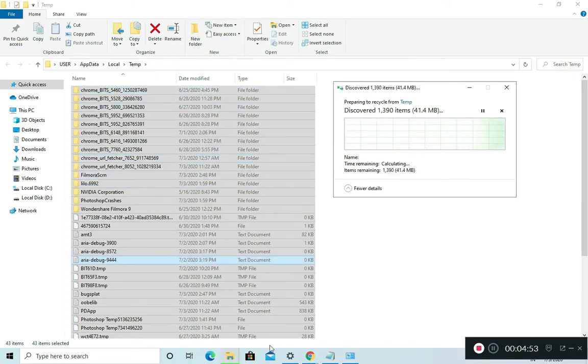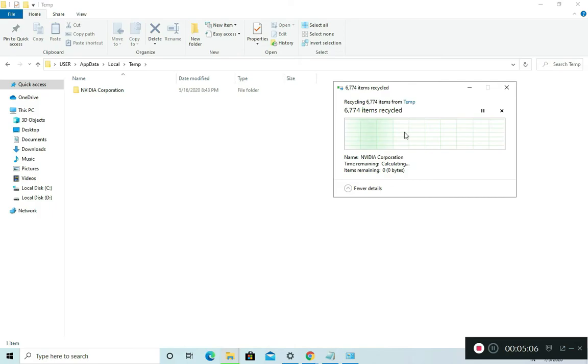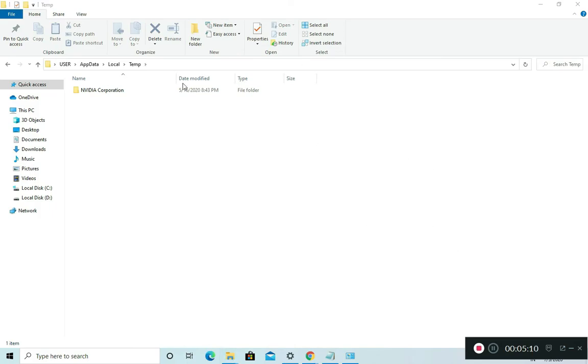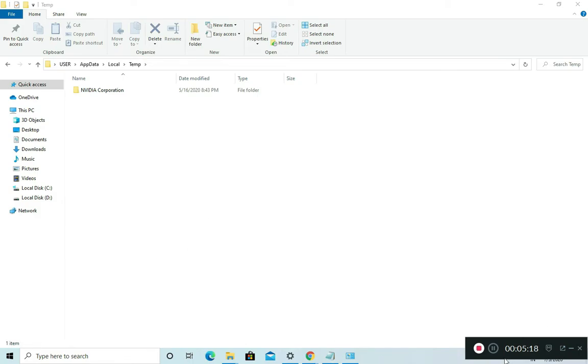Make sure to empty your recycle bin because after you delete, the files are also present in your recycle bin. So make sure to empty it and it will give you tons of space, or even gigabytes of space. I have already cleaned it, so I am showing you now. Just skip the files that do not delete. So just wait for it.